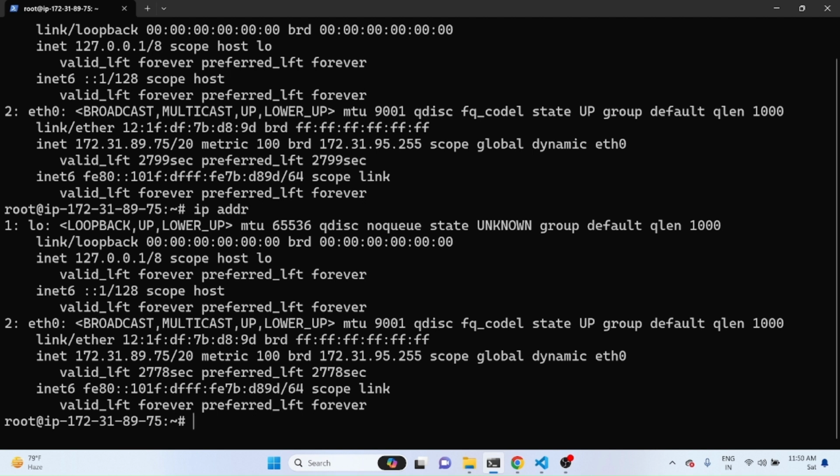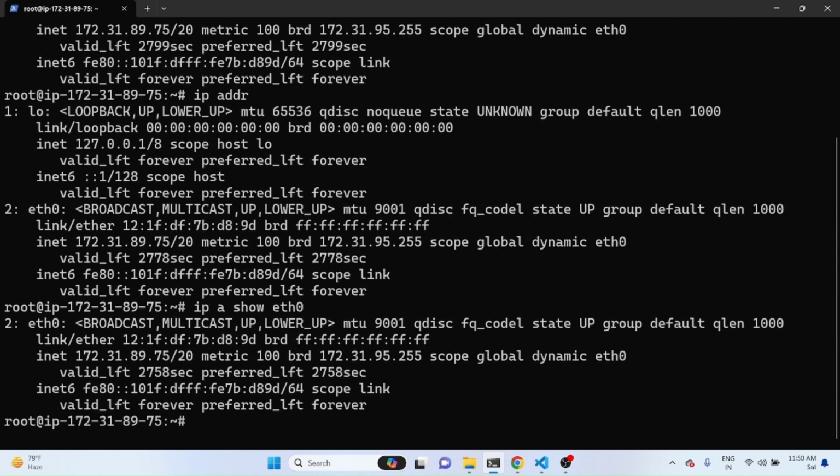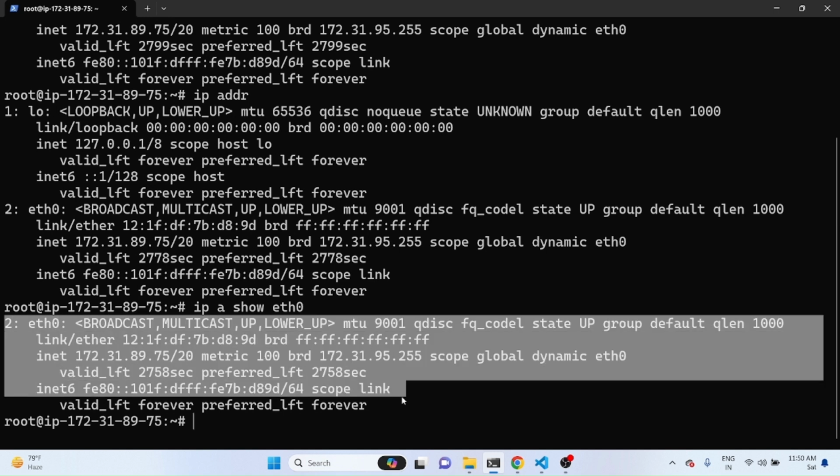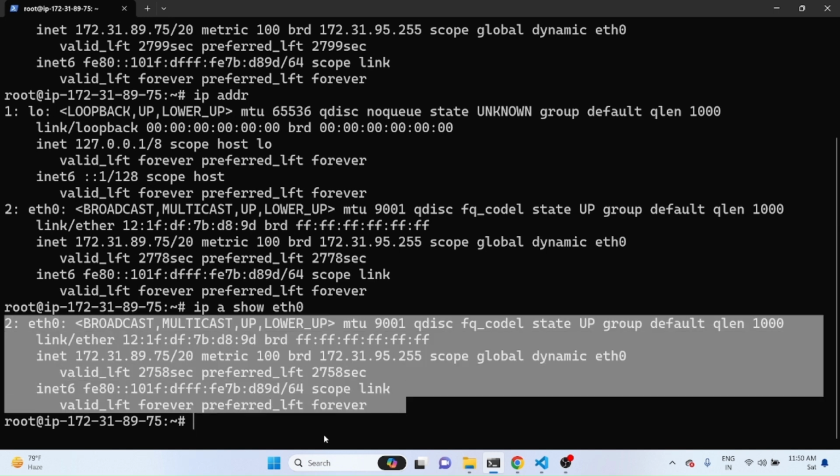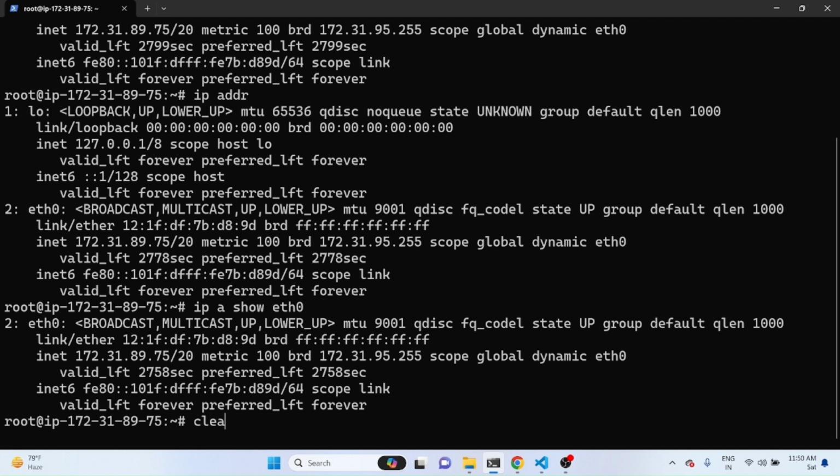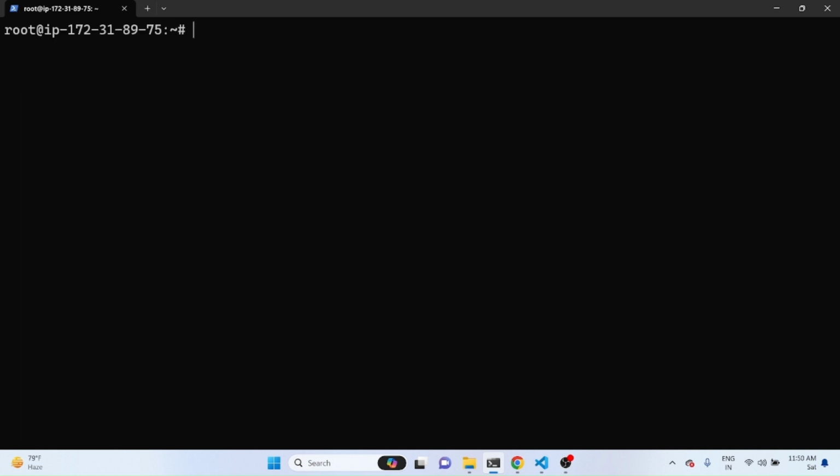If you want to get specific Ethernet card information, you can use ip a show and specify whatever your Ethernet card name is here. So it will give the information about only your Ethernet card. Okay. In this way, you can get the information of your Ethernet card using the ip command also. Now,